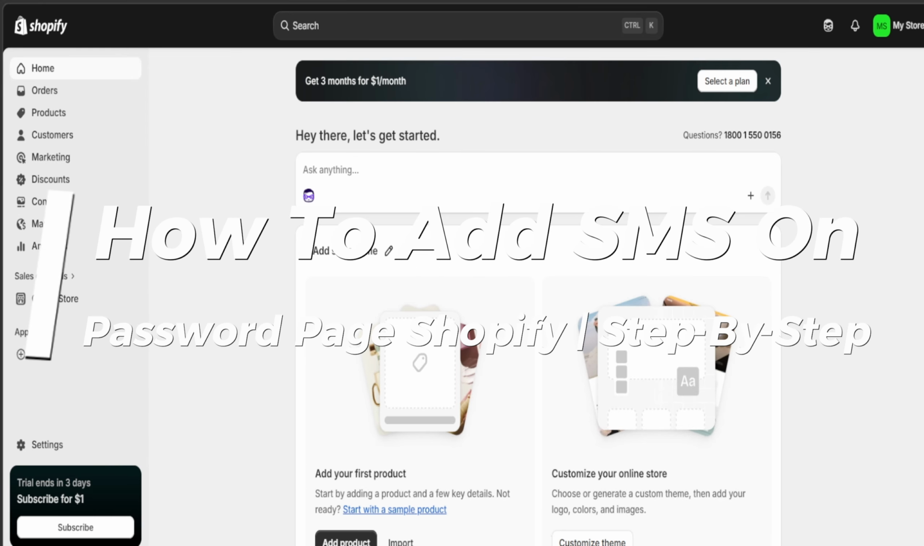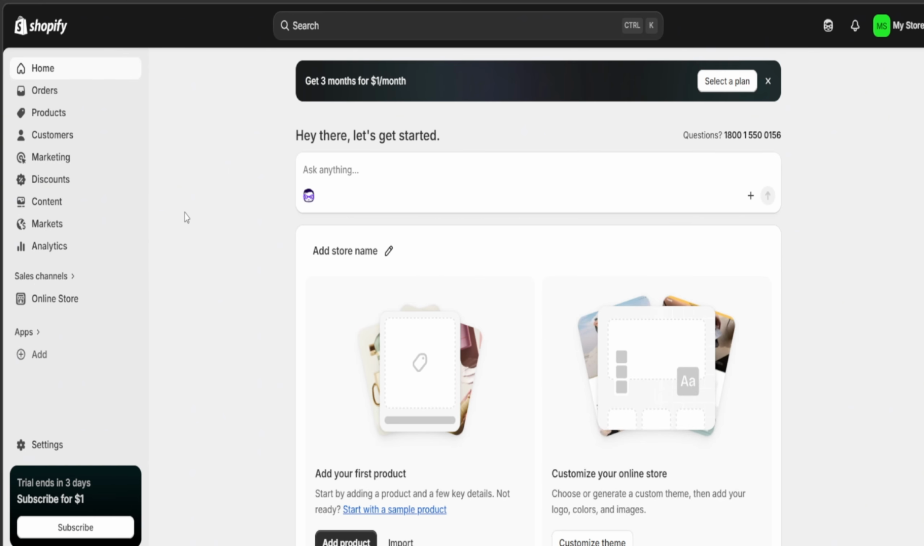How to add SMS on password page in your Shopify. So if you want to go ahead and do this, you will need to use either Shopify's built-in customer accounts, if it is eligible for you, with a phone login or a third-party app. Since SMS isn't fully customizable on the default password page, so first of all, go ahead to your settings in